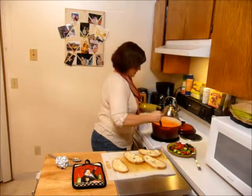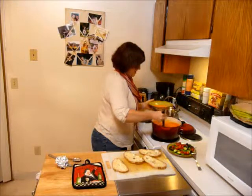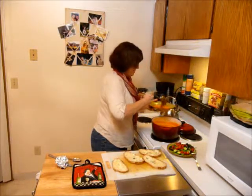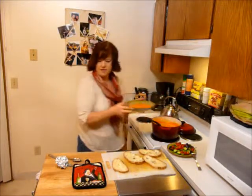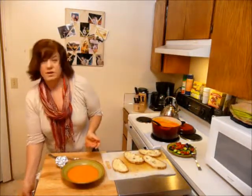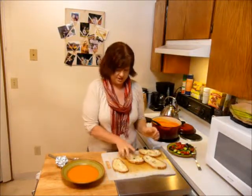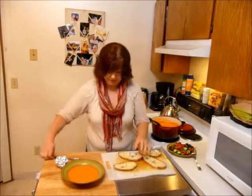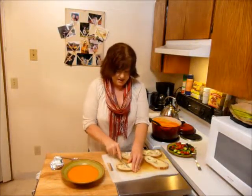So to serve this, again, it's about a cup and a half serving per person, and one pot is going to feed 6 people. This does freeze really well, so I like to put it in individual containers and freeze it up for my lunches. So then what I like to do is just take a piece of bread